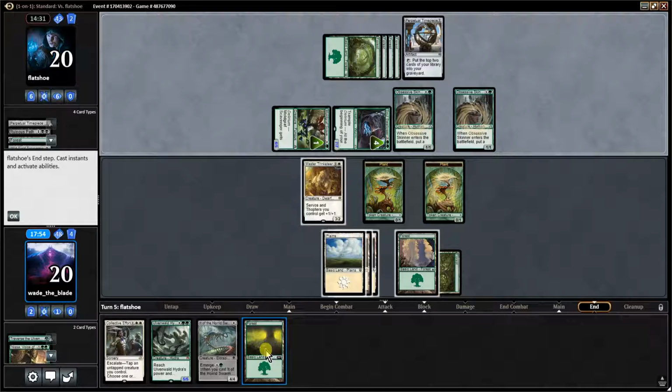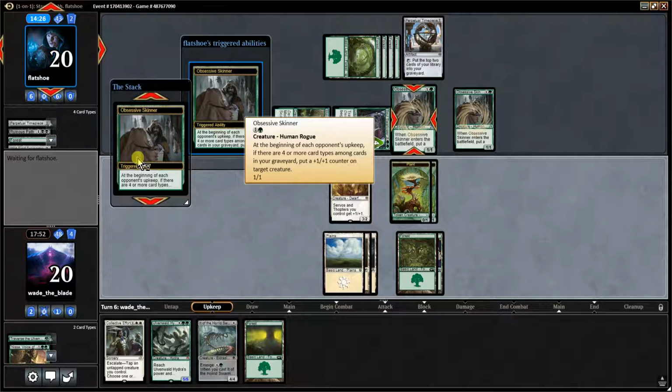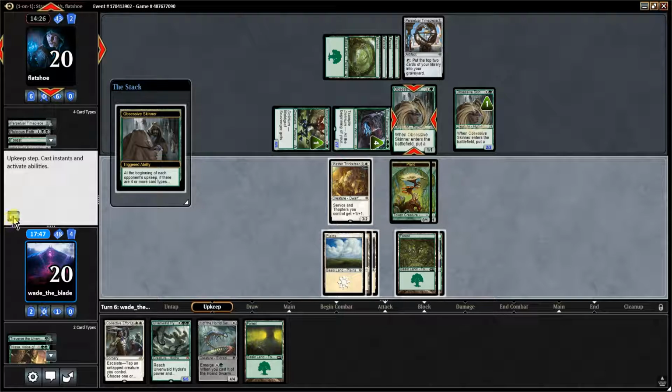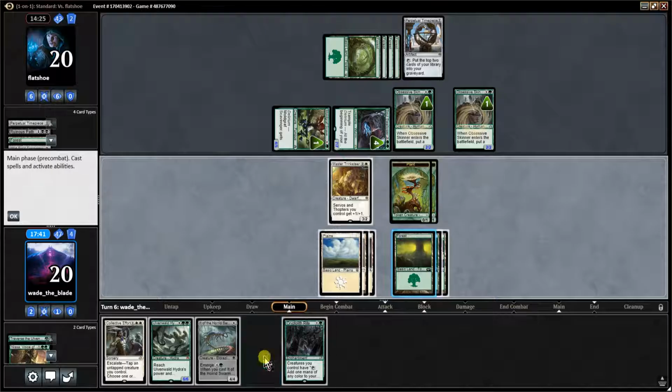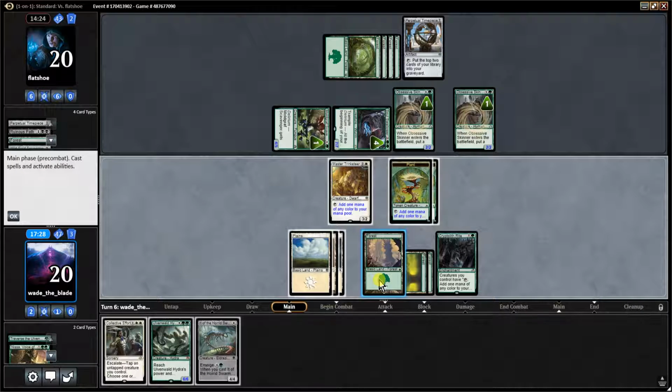Okay, so now we're getting into, could be a little bit of trouble here. Okay. Well, we finally got Cryptolith Rite, which is good for us to get. So what I'm going to do is play Cryptolith Rite. And 3, 6. We're going to run into some problems, but